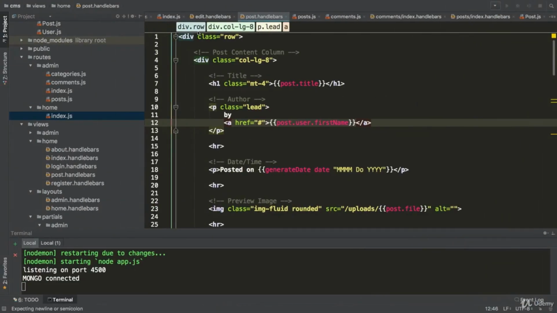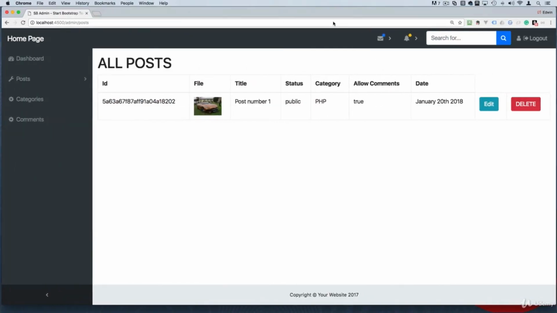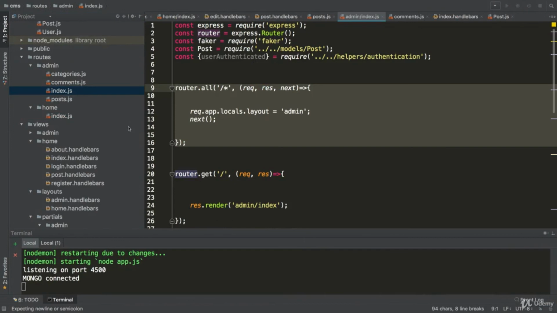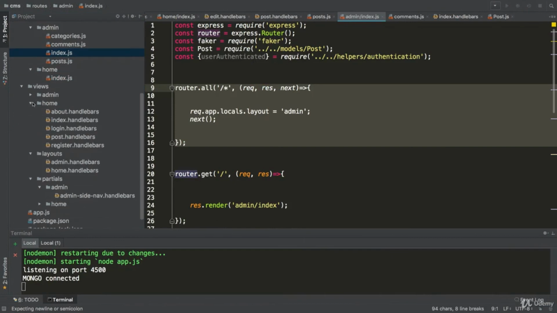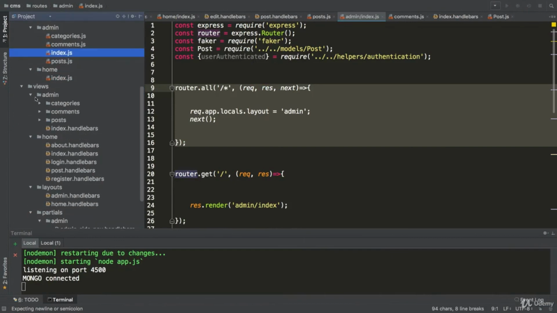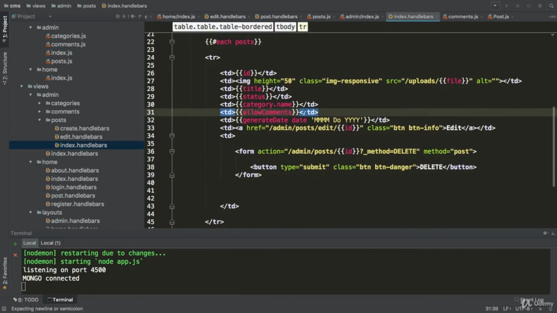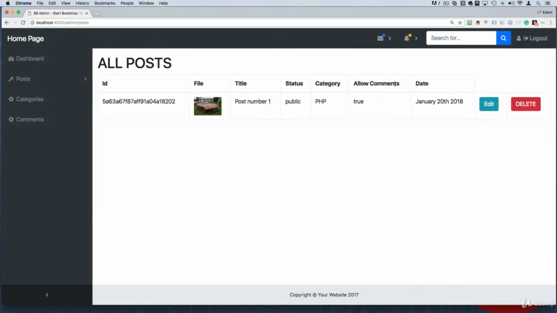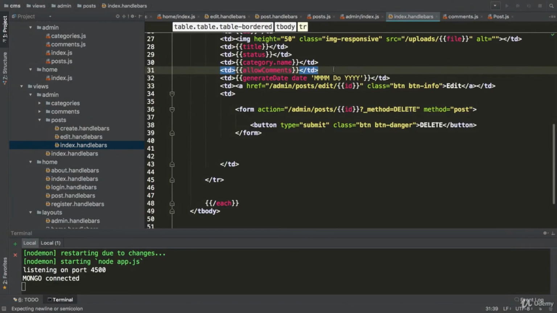So this is the index. I got lost there for a minute and went blank as well. It's a lot of code, right, guys? A lot. So admin post index, and we want to create another table. Let's see what we're going to be putting this. I think we should put it before the date. So right here,